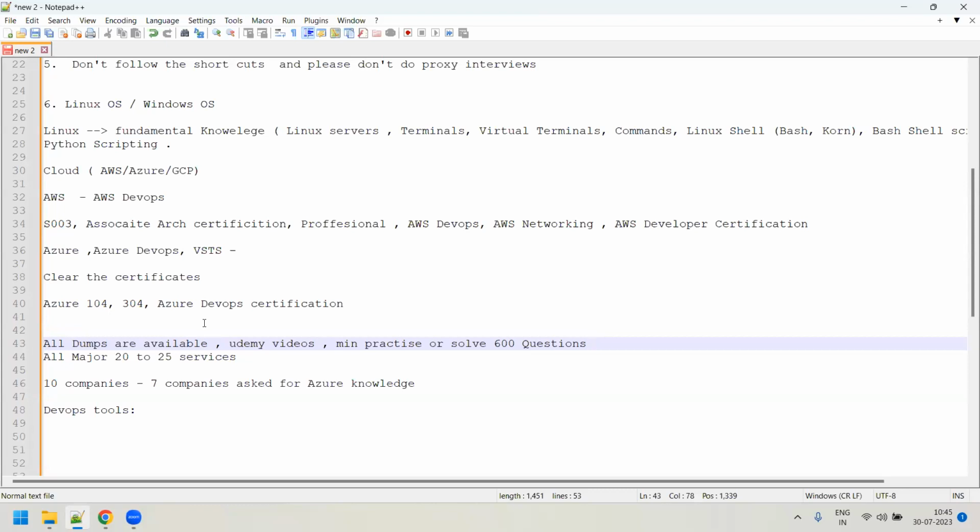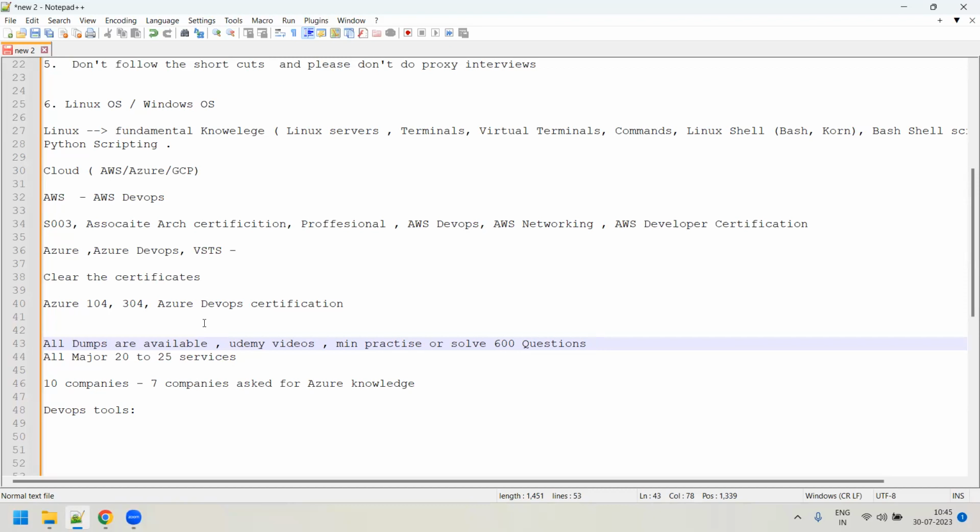And try to attend a lot of free tests that are available. You will be able to evaluate where you're standing. Then improvise, study again, and finally go for the examination, sir. The same thing is applicable for any kind of certificate, let it be Terraform or Kubernetes and all. Please do it like that only.